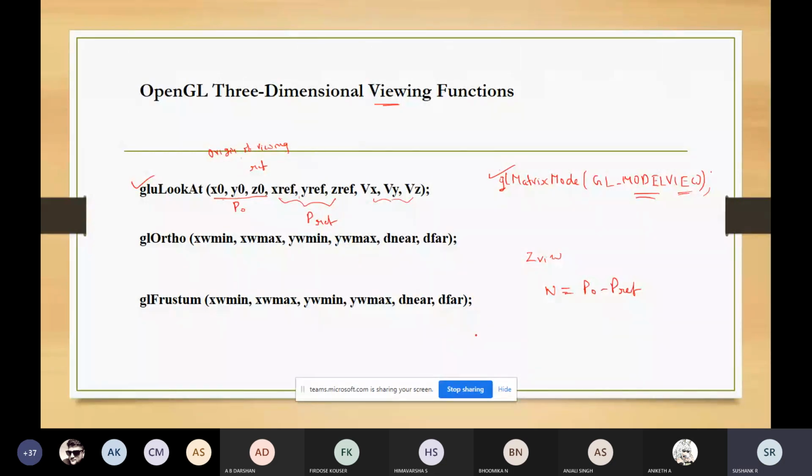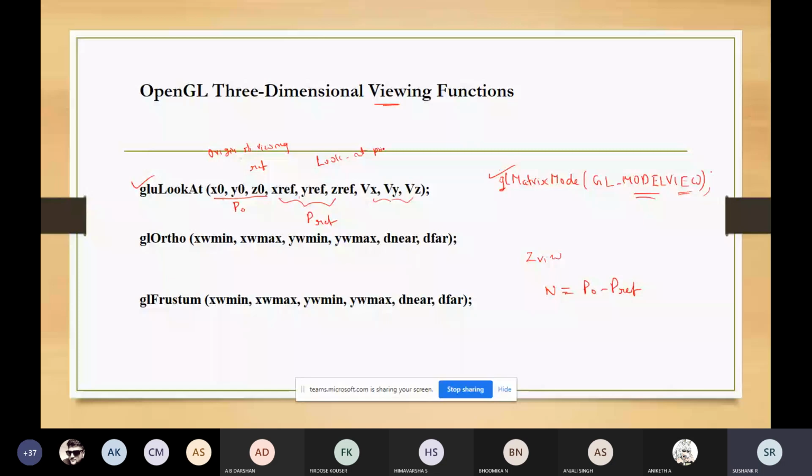Here the viewing direction will be along the z view axis. So the reference position, P reference, will be referred to as a look-at position. It will also be taken as a look-at point.